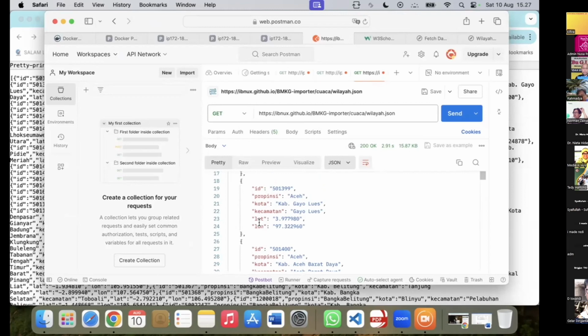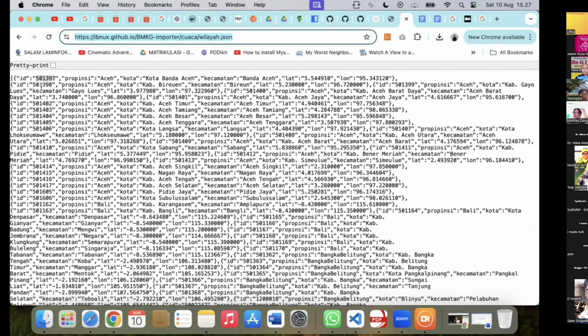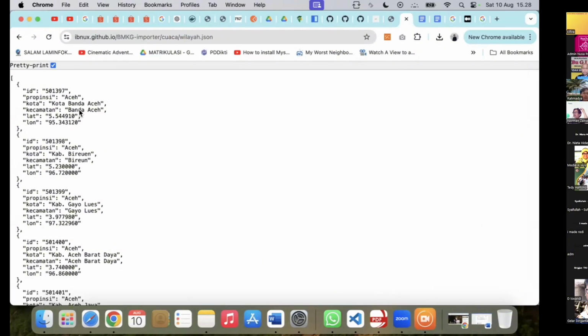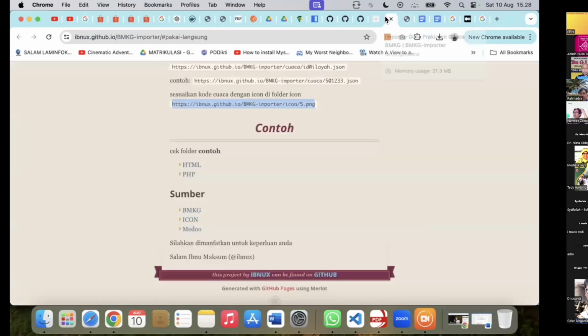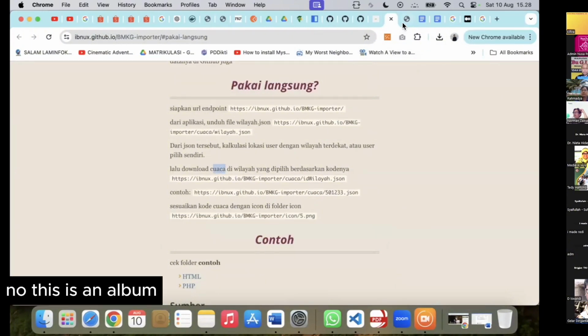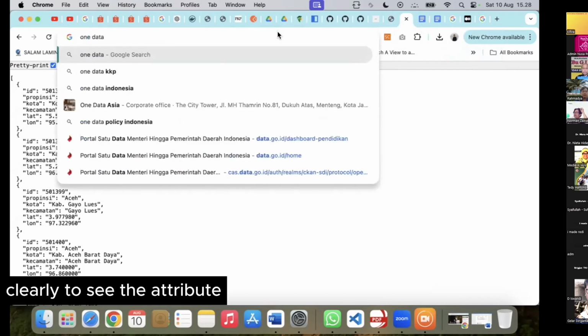Oh, it's better using Postman because we can see the attributes clearly: ID, provinsi, kota, kecamatan, latitude, and longitude. There is a pretty print here, so this is clearer to see the attributes.